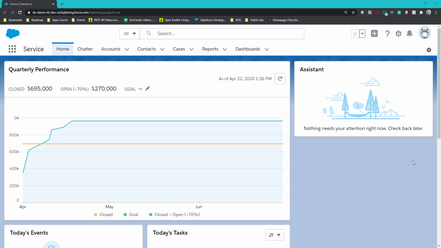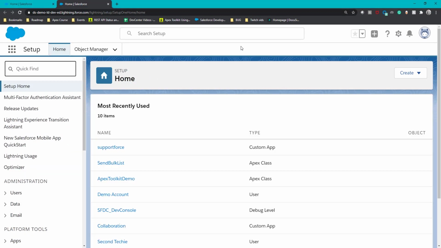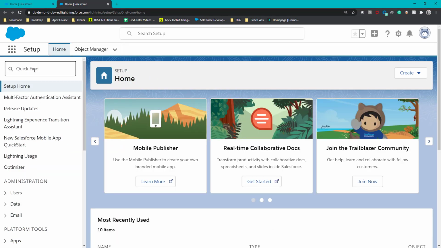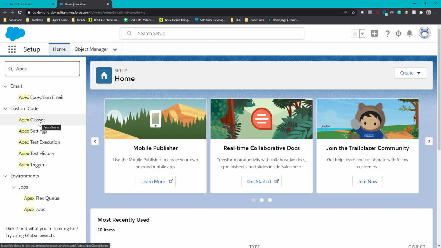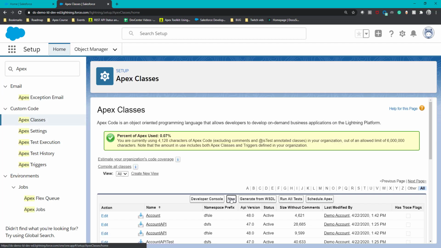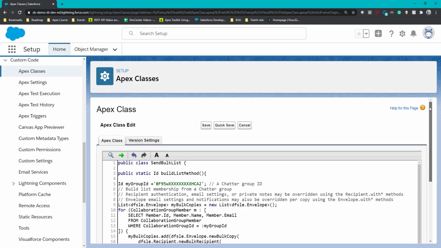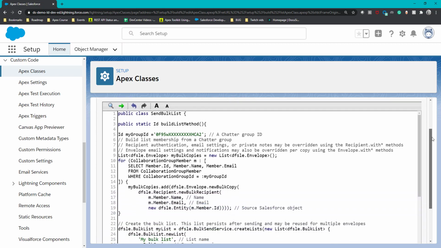To create your Apex Toolkit bulk send code, you want to log in to Salesforce, select Setup. In the quick find bar, type in Apex and select Apex classes. Select New. In your new Apex class, you will start with a public class. In your Apex classes, you're going to create a public class, then a public static method.